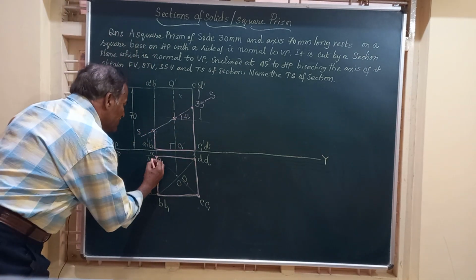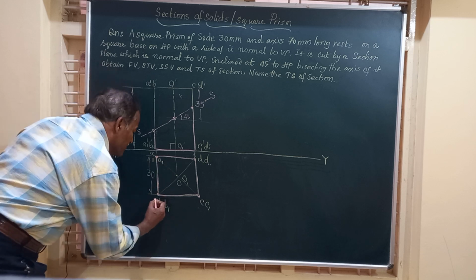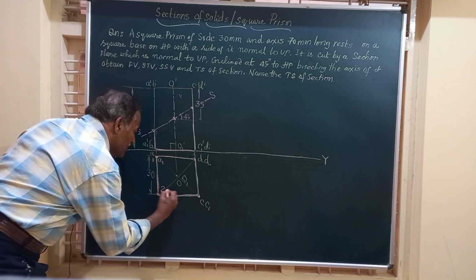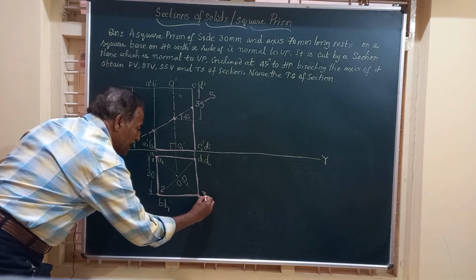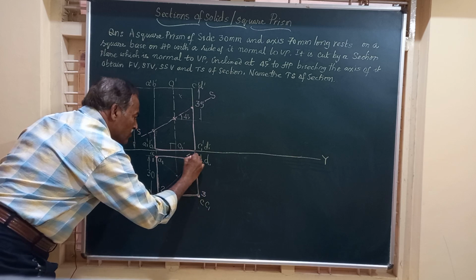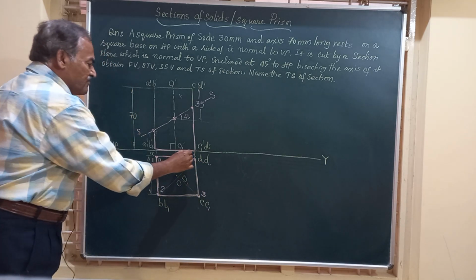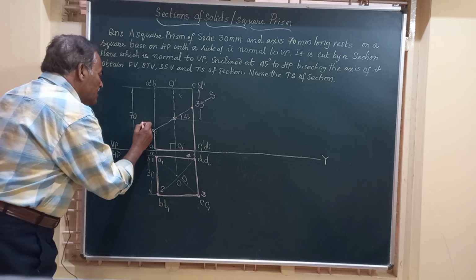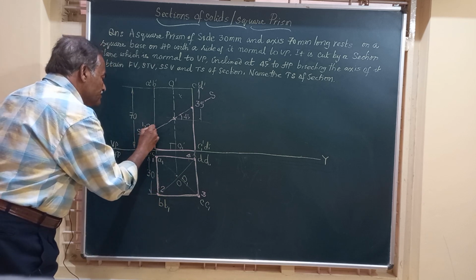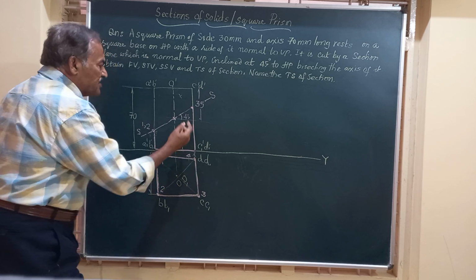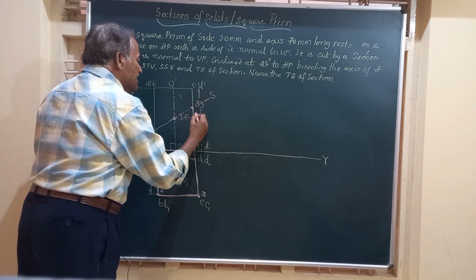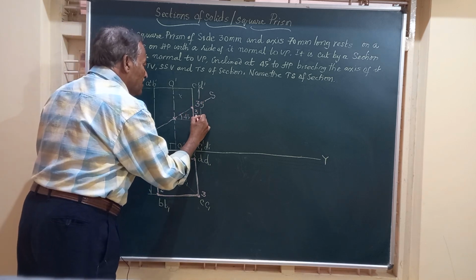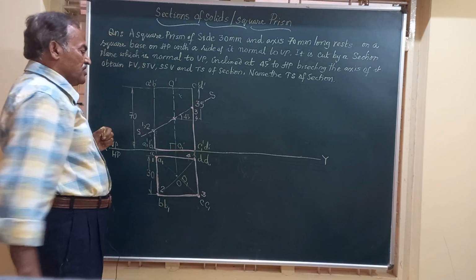Let us name them as 1, 2, 3, and 4. So 1, 2, 3, 4 are the 4 points. Let us mark them in the front view. 1 and 2 lie here, and then we have got 3 and 4 lying here. So I will mark it as 3 comma 4. Friends,